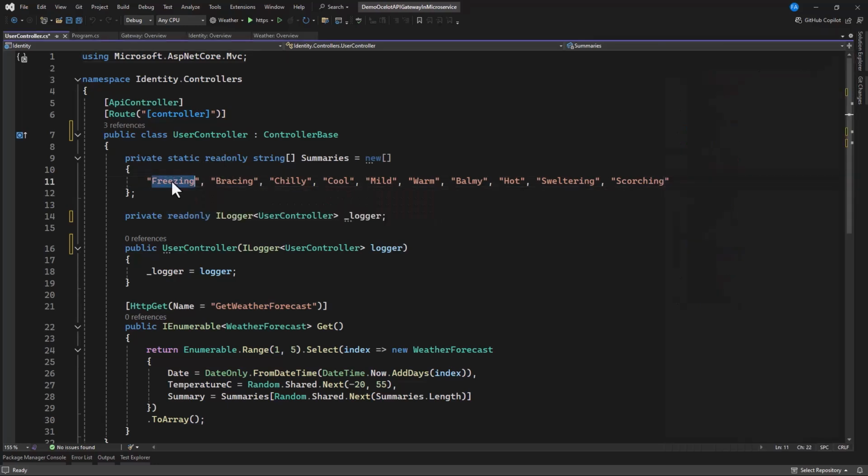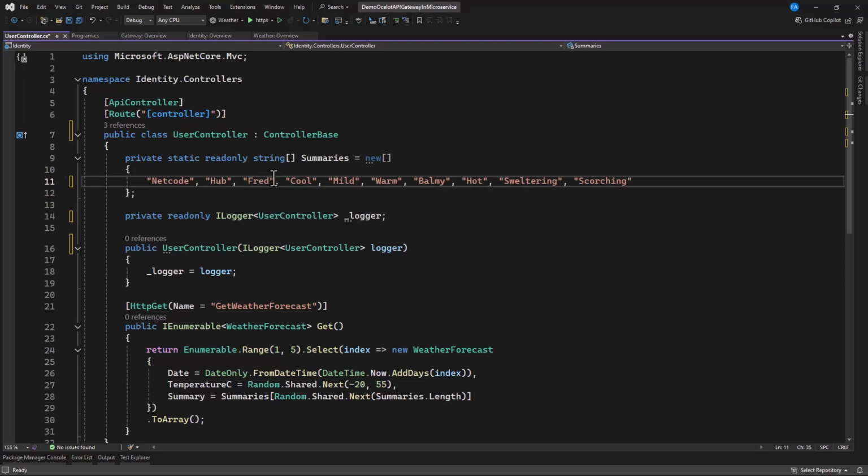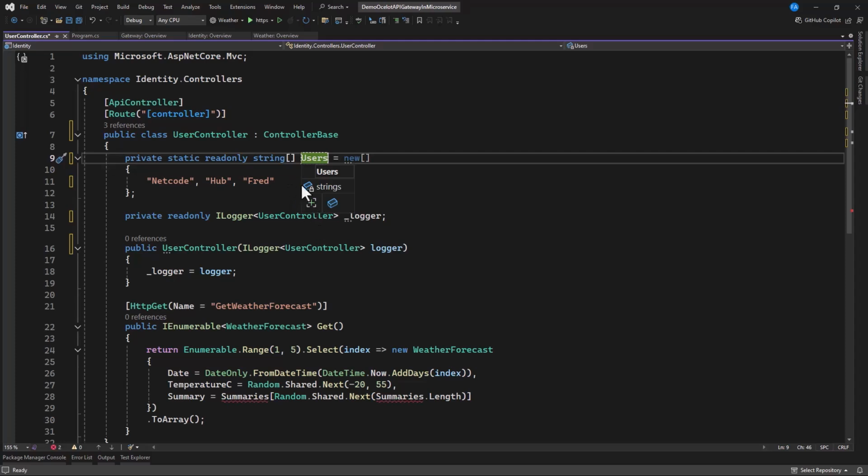Let's say this is Netcode Hub, yes, and I have maybe Freddy's here. Let's say this is the list that we have, and as soon as we call this endpoint, it's going to return this. So this is a single API which is responsible for performing CRUD on the user. So here we have the users available. Let's remove all this.